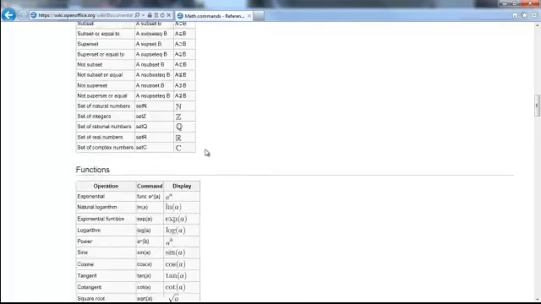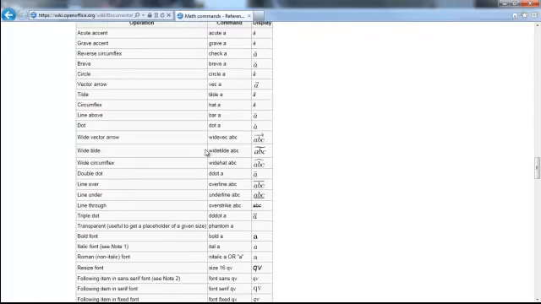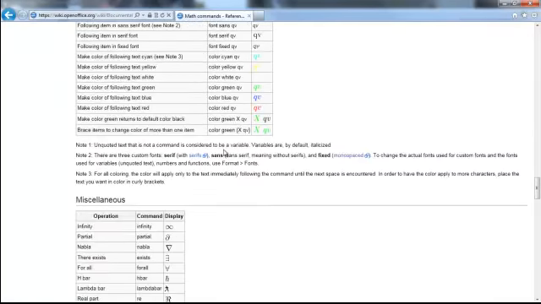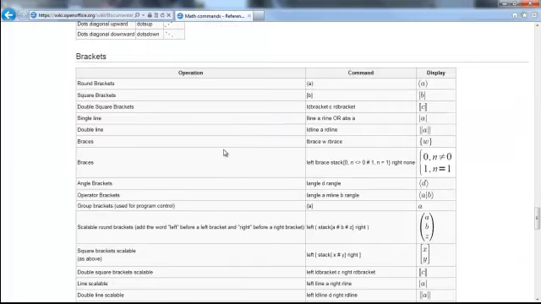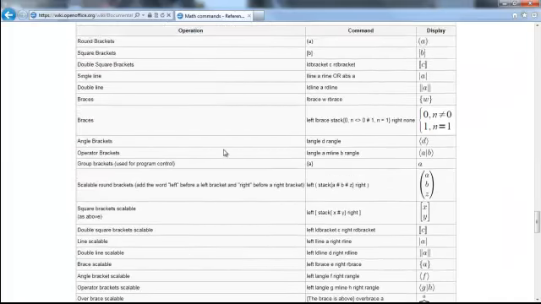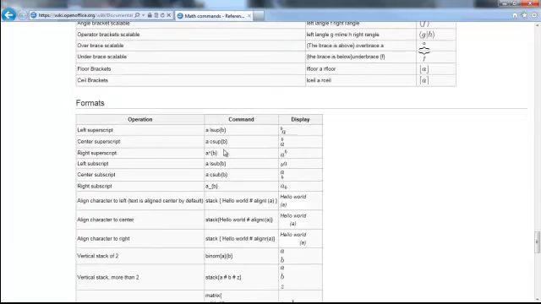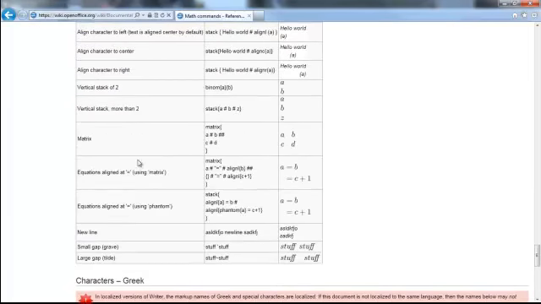So I think something that would be very useful for you guys, you can see there's a lot of stuff here, would be a matrix. So let me find a matrix. Here it is. Okay, so a matrix. Here's the code that you need for a matrix. So I'm just going to copy this,